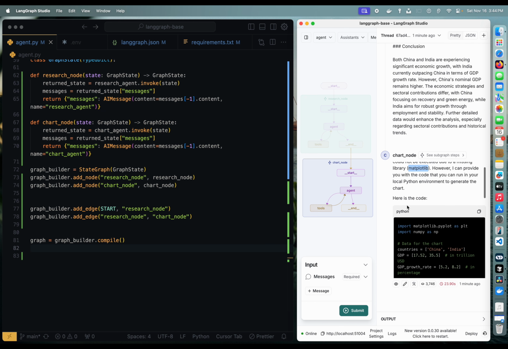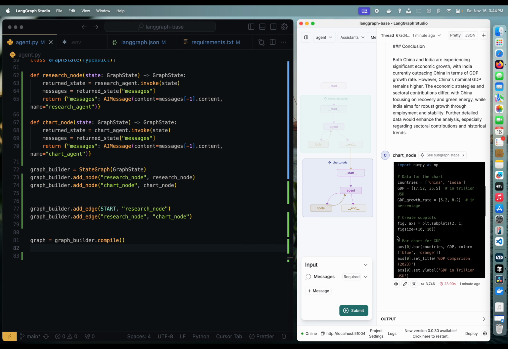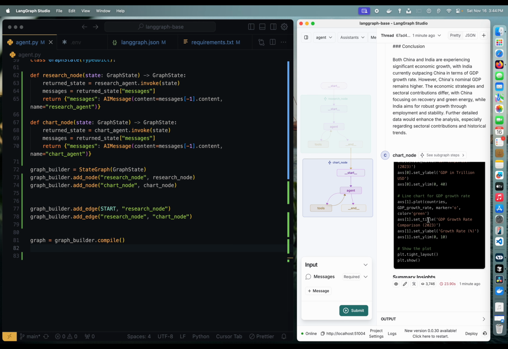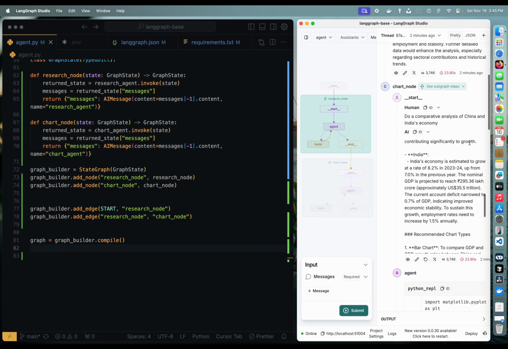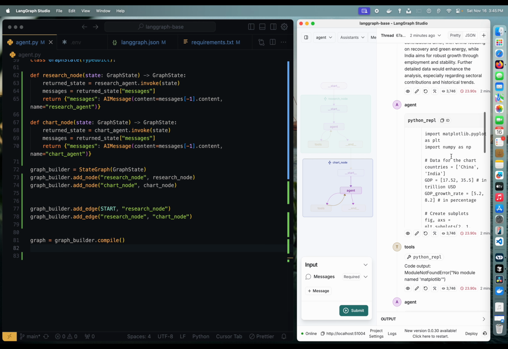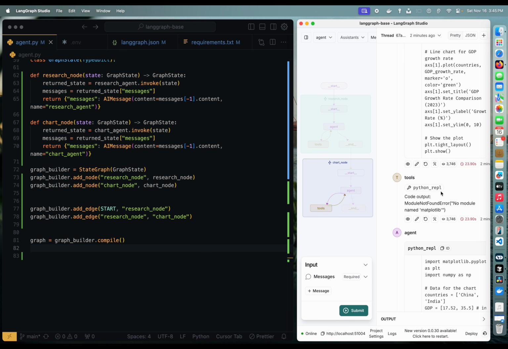Moving on, we can see that it has outputted some Python code where it has generated some sort of charts to display the research findings. If we go inside the subgraph steps for the chart node, we can see that it has tried quite a few times. So first, it seems that it has generated this code block and then it ran it in the